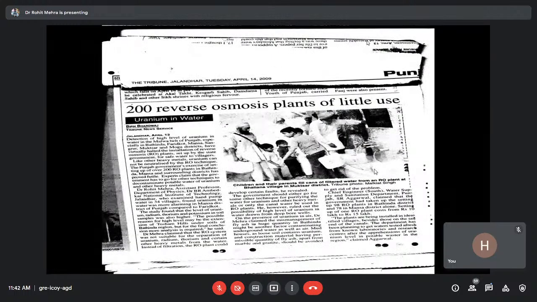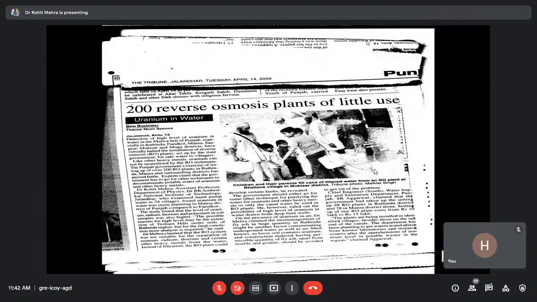Similarly, the ROs which have been installed, especially in your areas, in the Malwa region, if some of the students belong to the rural areas, you could see that the government has taken a very big initiative to install ROs of the capacity of 1200 liters per minute. Not per minute, per hour, sorry. मतलब एक घंटे में 1200 लीटर पानी वो filter out कर देते हैं.